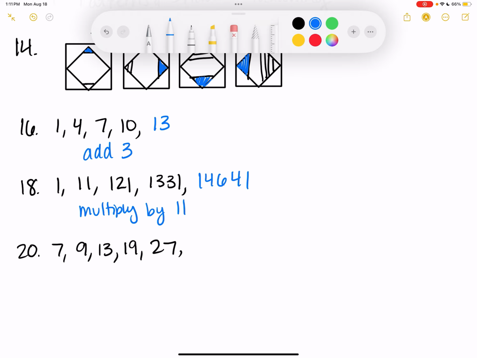So we're adding consecutive multiples of 2 every time. So what's the next number? Yep, 37. Because this one was up to 8, so then the next one would be 10, so add 10